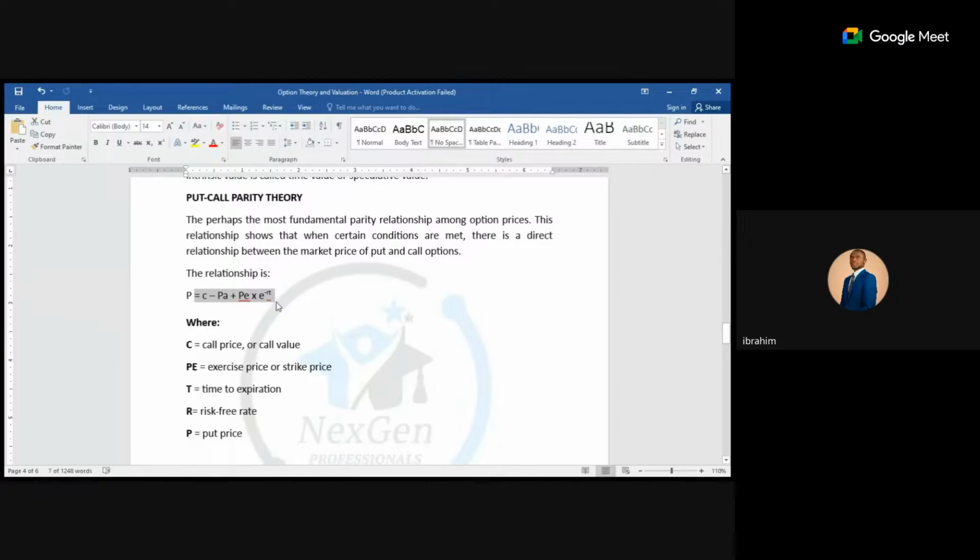That is, it shows the relationship between the price of put and call option,